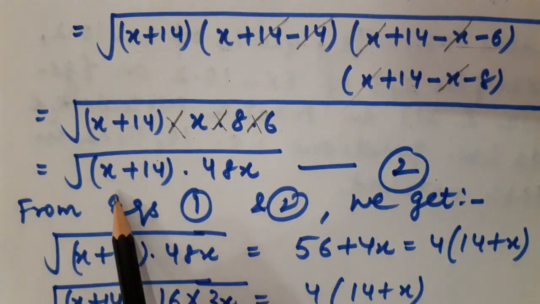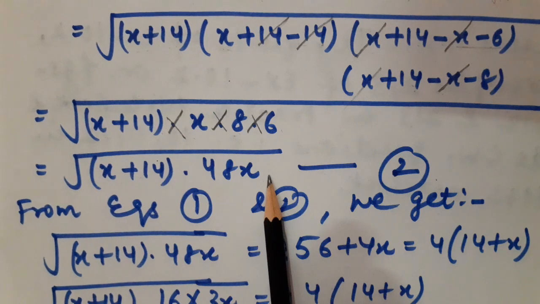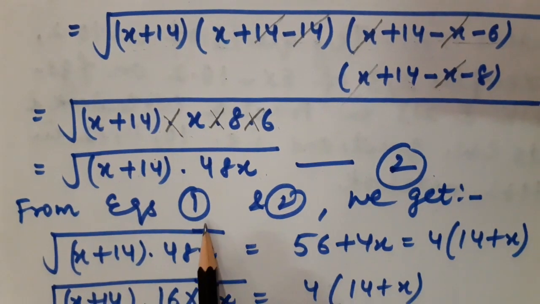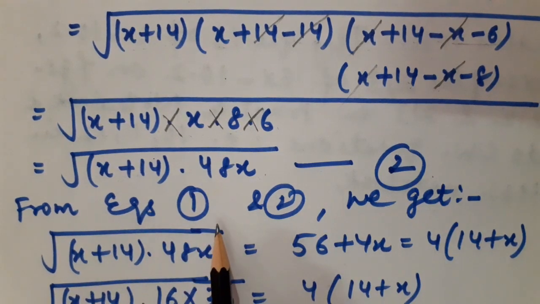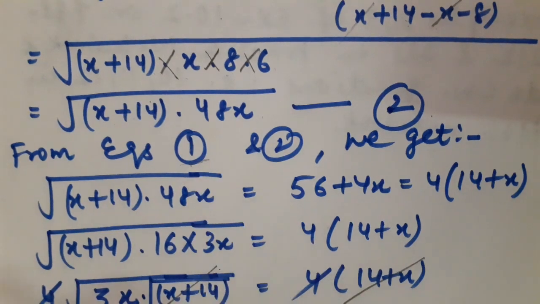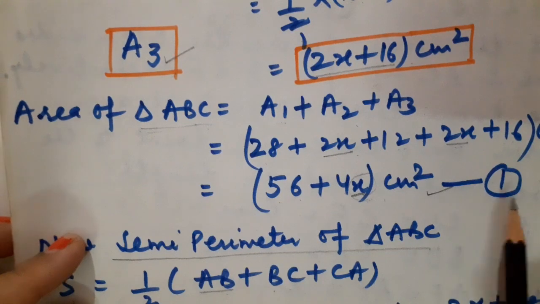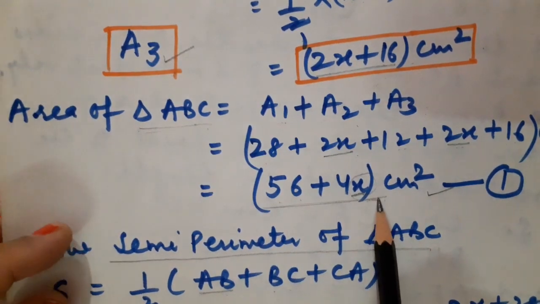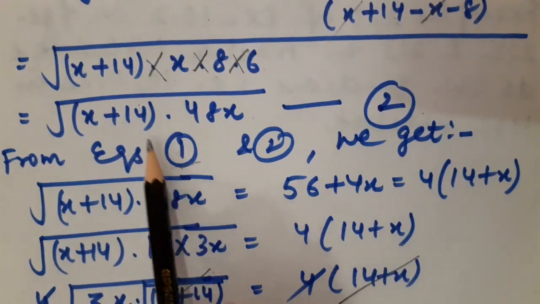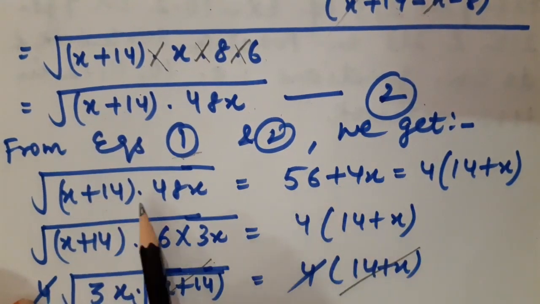Now children, this is the area of triangle ABC. Do you remember we have calculated the area of triangle ABC earlier also while adding the areas of three right angle triangles? Now when both are the areas of the same figure, can't we equate them? Of course. So from equation number 1, this was also the area of triangle ABC. And I have just calculated the area of triangle ABC while applying Heron's formula. So I am going to put both of them equal.